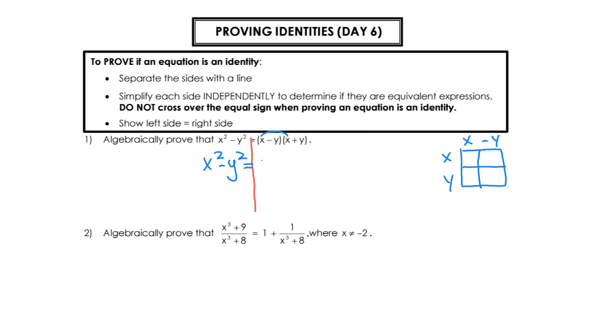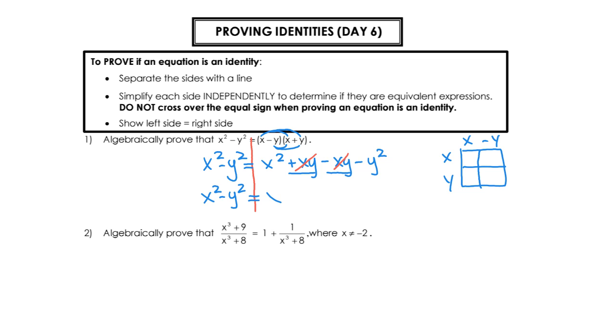x times x is x squared. This would give you a positive xy. This would give you a negative xy, and this would give you a negative y squared. And here, the two middle terms are like terms, and they would go together. However, they are opposites of each other, and they would cancel each other out. And so this left side just comes down,